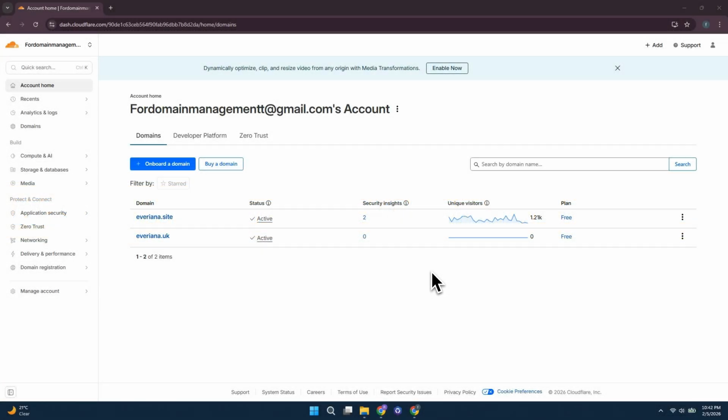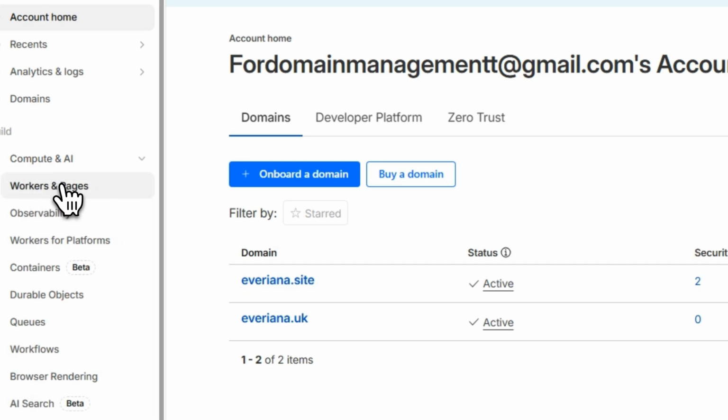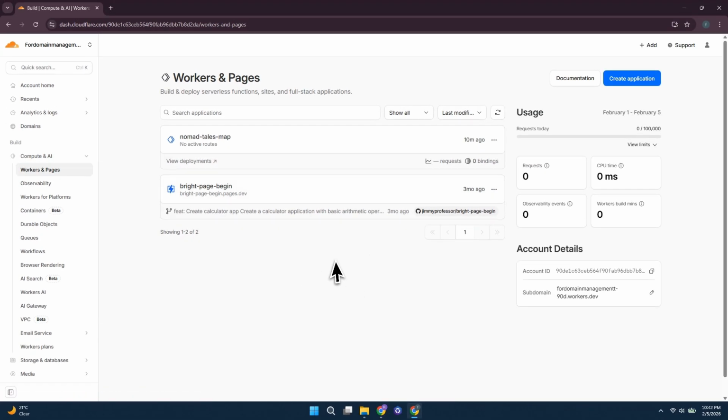First, you need to sign up and create a Pages project. Start by logging into your Cloudflare account. Once you're logged in, go to the left side and click on Compute and AI, then select Workers and Pages in the dashboard. Cloudflare Pages is a powerful tool that enables developers to deploy websites directly without the need